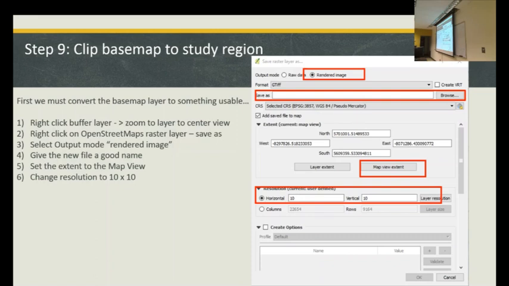You're on the wrong layer. OpenStreetMap, the image of the base map. Did you save as? We're going to do rendered image, output mode rendered image. If we choose raw data, we'll be here for 15 minutes waiting for it to process. So rendered image, point it back to your project folder, save it in your project folder, call it open chopped